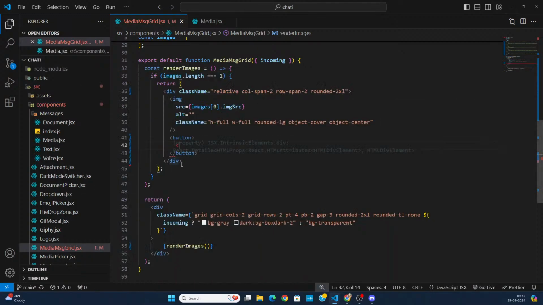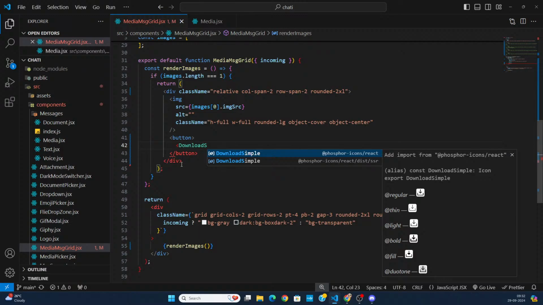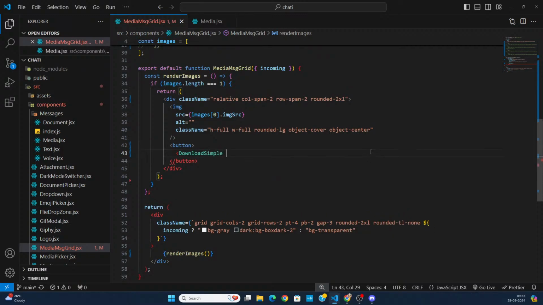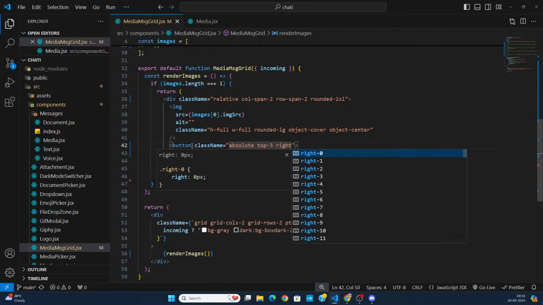Now just go back to your application and write the name DownloadSimple and import it from phosphor-icons/react. Okay, now on this button I want to add some styling. So first of all, we want to position it as absolute. So I'm going to write absolute. Then from the top side, I want the position to be 3, and from the right side, we want it